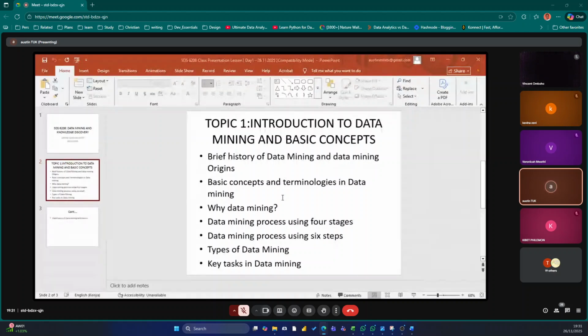Could be problems of customer dissatisfaction, could be problems of customers moving away from a company to other companies, could be a problem of your stores overstaying.